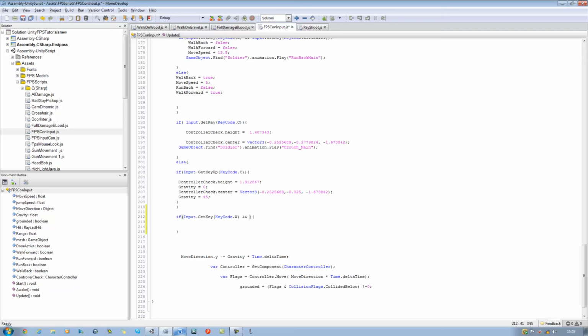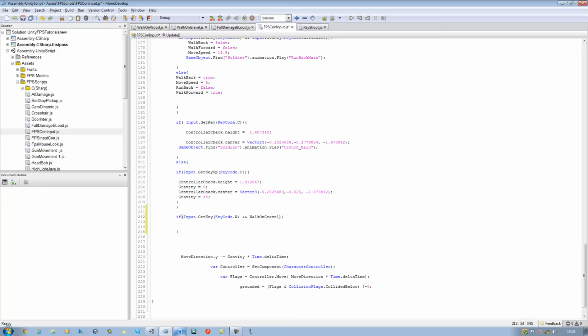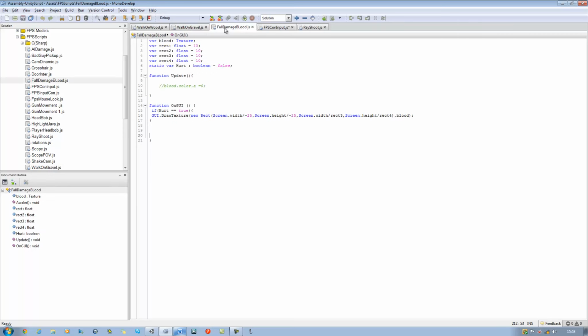And double ampersand sign, and we're going to say the script name, and that script was called walk on gravel, which is right here. And because walk on gravel has a static boolean inside, we can call it and play around with its parameters,